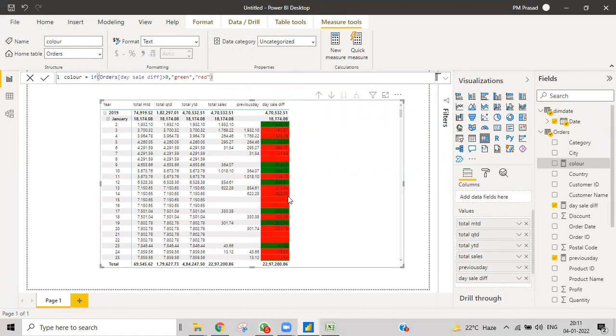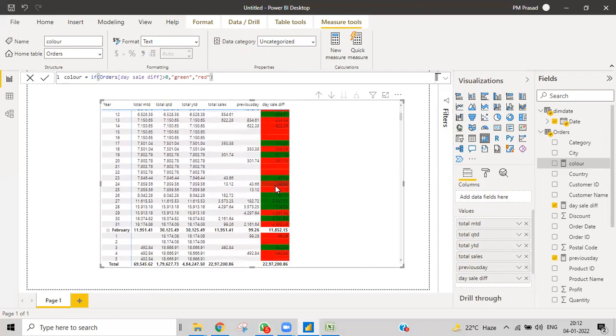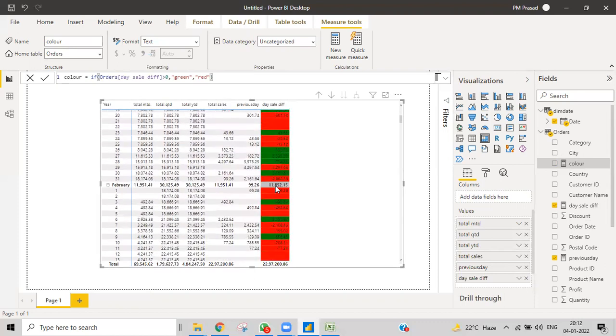We can do this kind of thing, show it in different kinds of visuals, and make a lot of customizations. But up to here, you asked what you can do with this previous day. You can show it in that manner: how much increase has happened compared to the previous day's sale, whether today's sales increased compared to yesterday. Whenever it is green, that is increased. Red means on those days we don't have a sale increase with respect to the previous day.